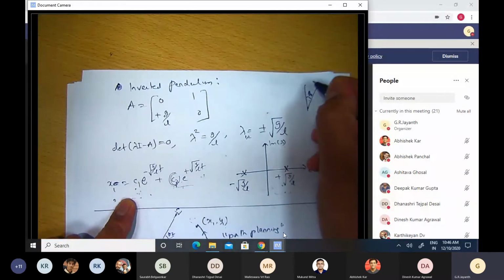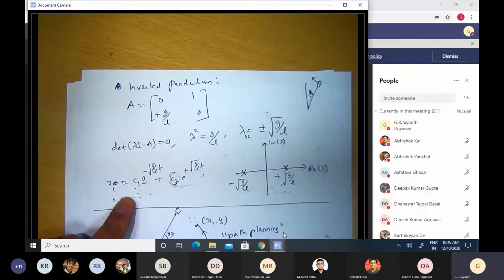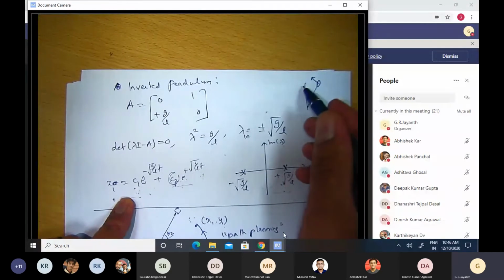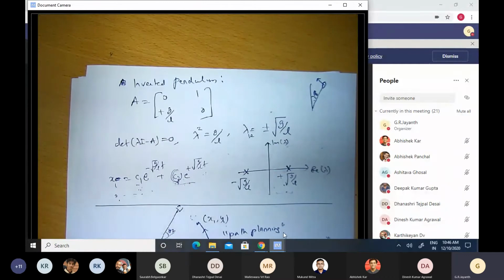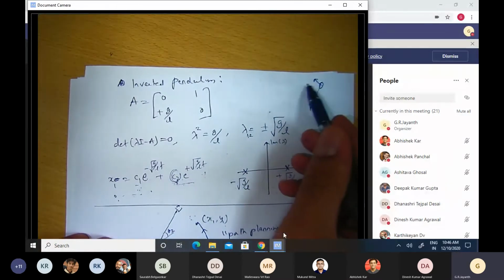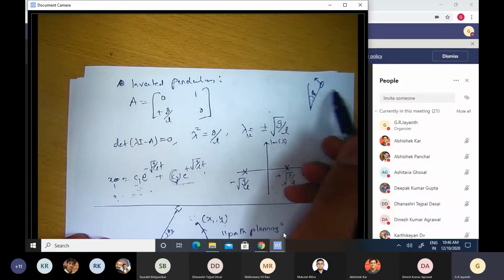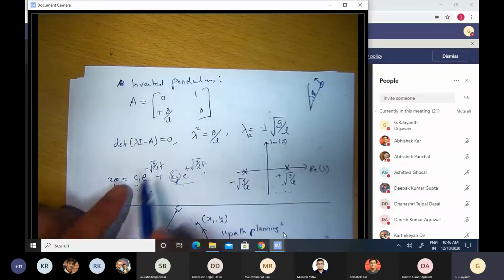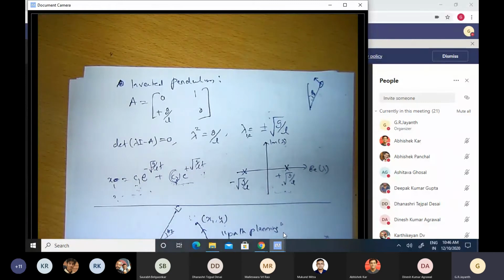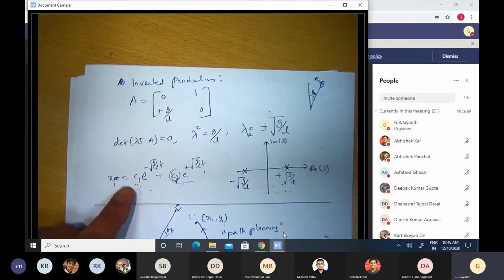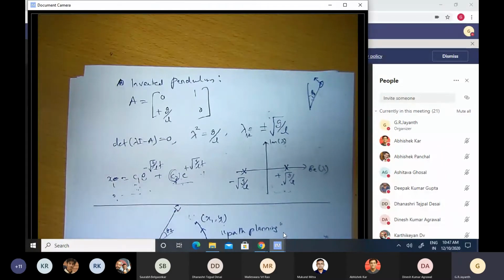Let us say, on the other hand, there is a theta dot also at time t equal to 0. Then it is possible for both this component and that component to exist together. So that's why it might initially come this way and then go back in another direction, or go around in the other direction. All those kinds of motion are captured by the fact that c1 and c2 in general are not both equal to 0. Depending on the initial condition, you will have a certain value for c1 and c2.